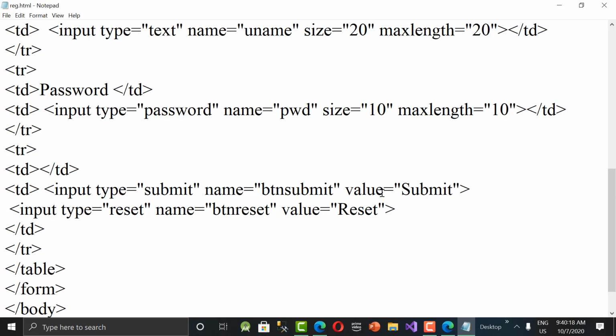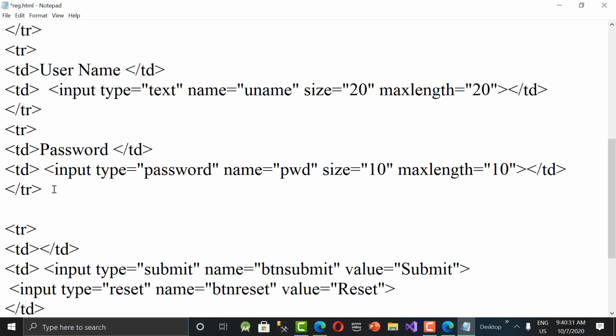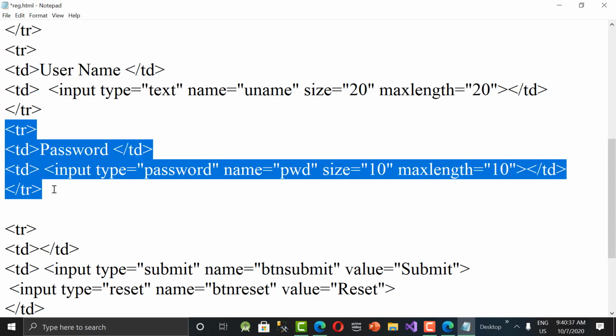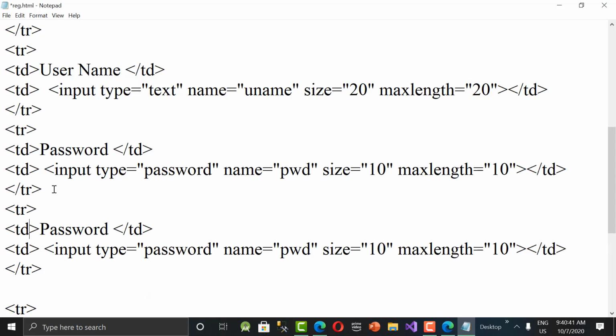Okay, so now what I want to do is add gender to the registration form. Let's keep it above the password. I want to take gender also. This time I'm using a radio button, so copy paste. Here I'm giving gender, input type is equal to radio.